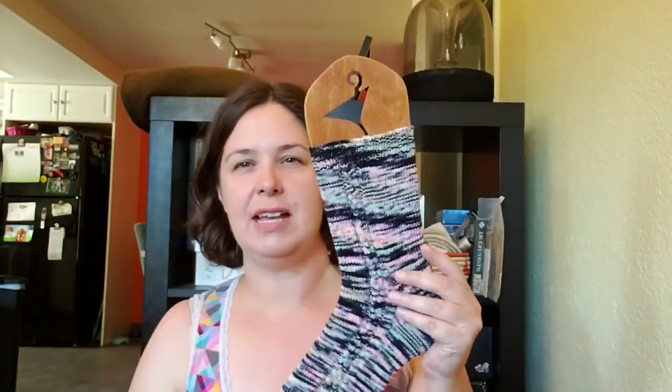So this is one sock, obviously. And then on the other sock, the cable goes up the other side. And yeah, so I made these for my mom. And I have another pair of socks that I'll show you that are on the needles for her. I think I'm just gonna give her like 2, 3, 4 pairs at Christmas this year, or when I see her soon. I see her in October. I don't know. So yeah,